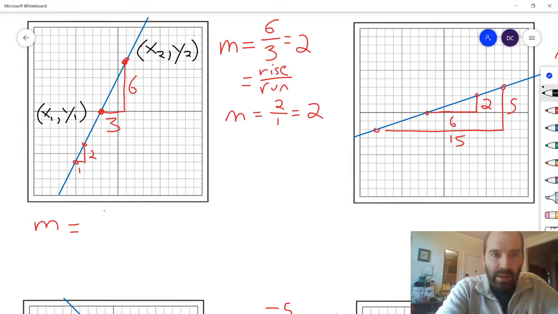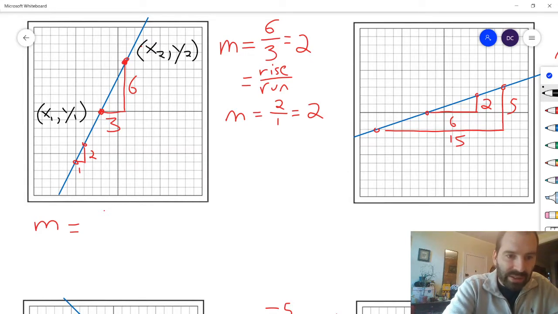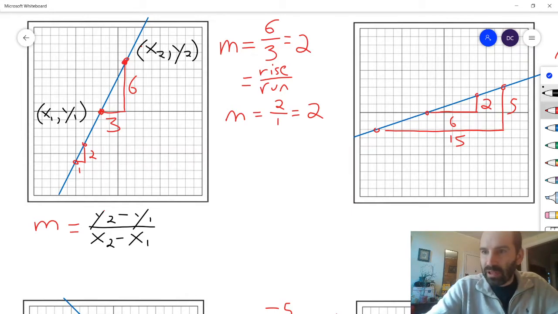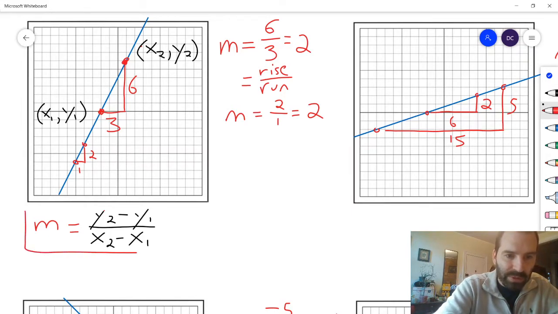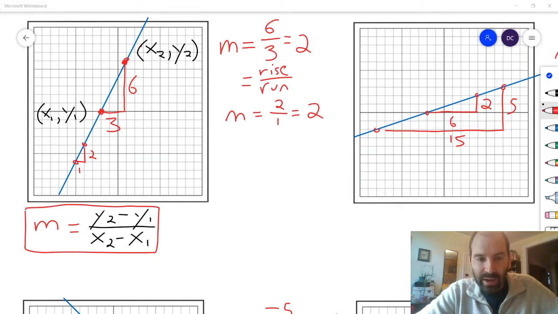So the 6 is the difference between y2 and y1. Right? So the rise is y2 minus y1. And the 3 is the difference between x2 and x1, right? So x2 minus x1. So this is another formula, I meant to write that in red, like my other slopes,